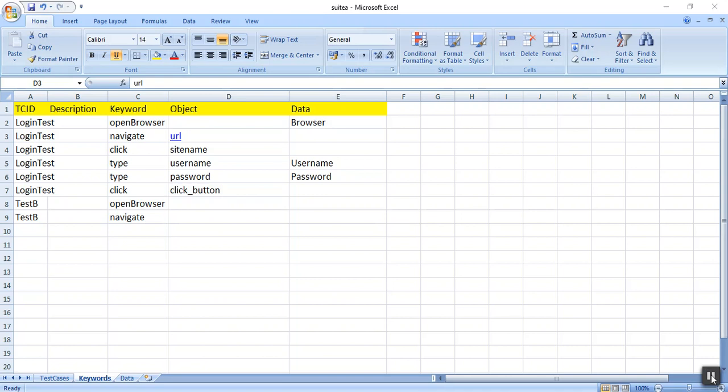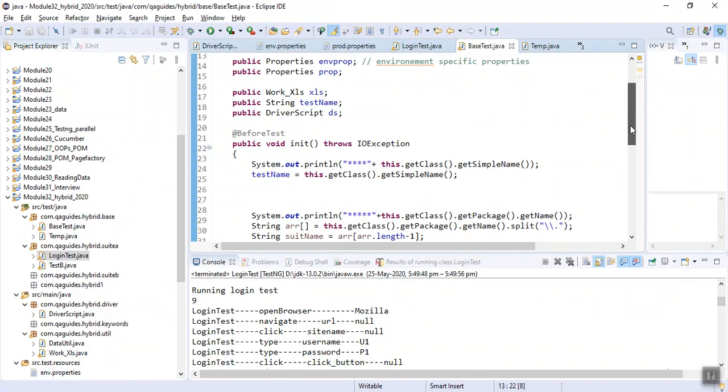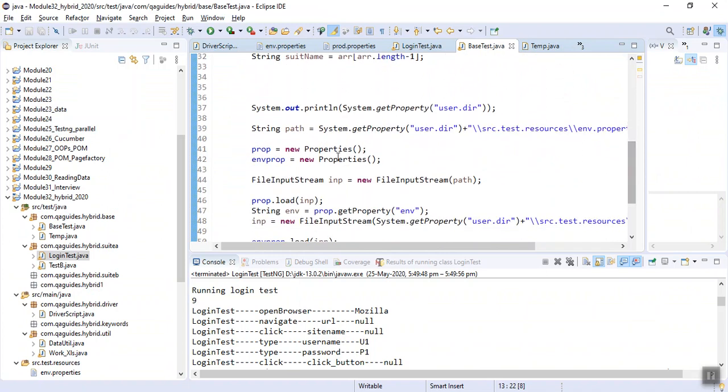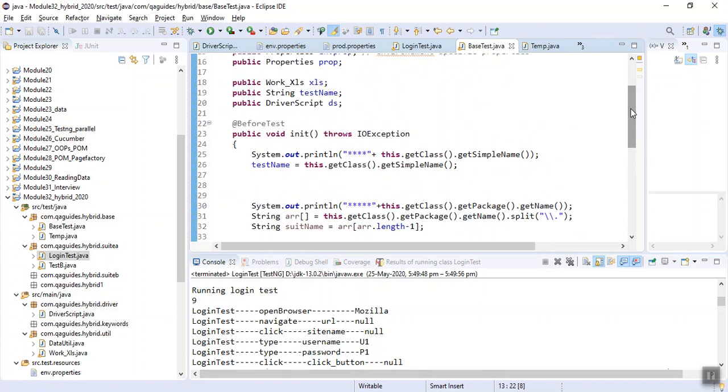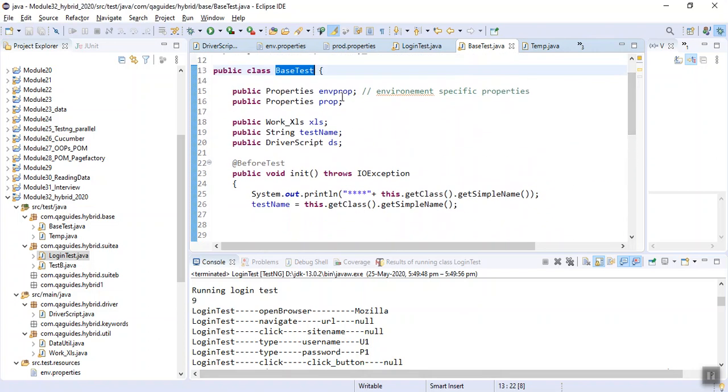In my base test class, I have initialized my properties object. I have initialized both the things: the environment property and the normal properties. So now we need to use both the properties in our driver script.